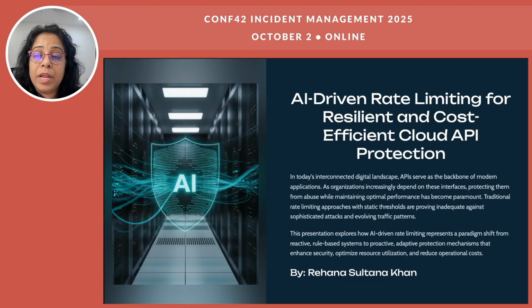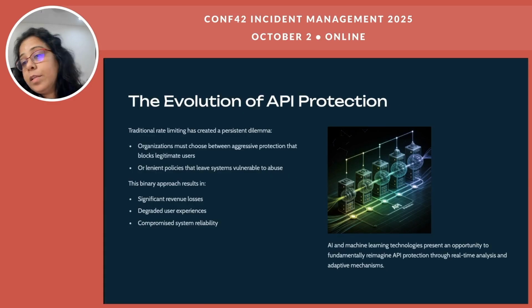Which brings me to a story about a store owner, a crowded sales day, and a very dumb door. I tell you, imagine you are the store owner. Your door is like an API. Few years ago, when you started it, you had a simple rule: 5 people allowed entry in the store per hour. It was easy. But now your store is the heart of the town. Your door is not just a door, it's a huge business. And everyone wants to come in and shop, and probably shoplifters as well.